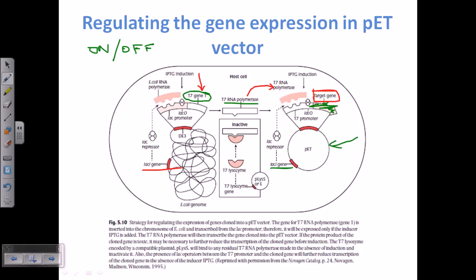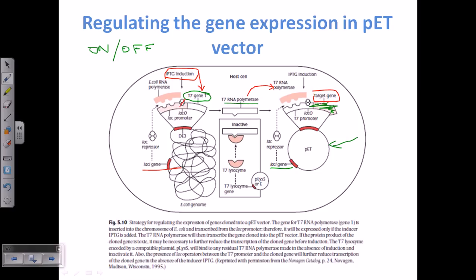So for transcribing and translating and producing this T7 RNA polymerase, we need to take this lac repressor out of the lac operator. How can we take out this lac repressor? By inducing the system with an inducer, and the inducer here is IPTG. So if we provide IPTG in the medium in a higher concentration, the IPTG is going to induce the process,